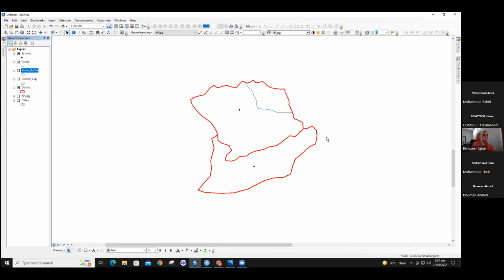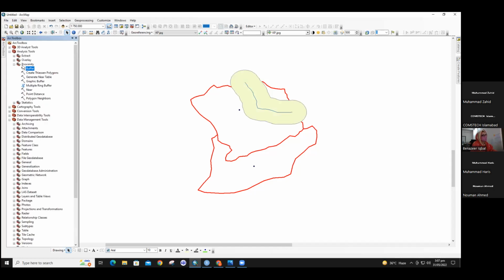Okay, so that was all about it, and we have a multi-ring buffer. So I think we should proceed forward. I have already given you a tutorial for multi-ring buffering. Multi-ring buffering is just when periodically we want to have some distance from the main features. Like if we have,